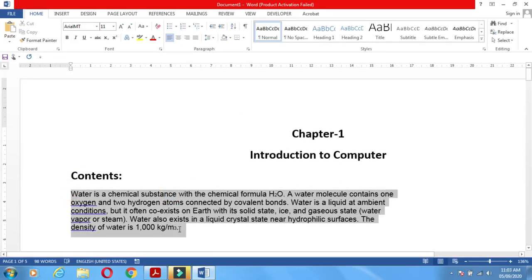We will paste that paragraph here. See this paragraph, how it is made to format.